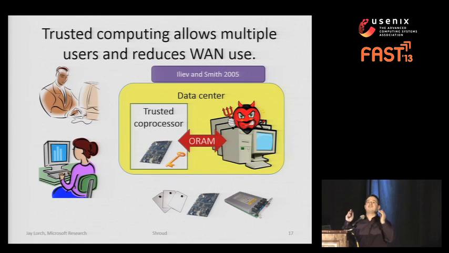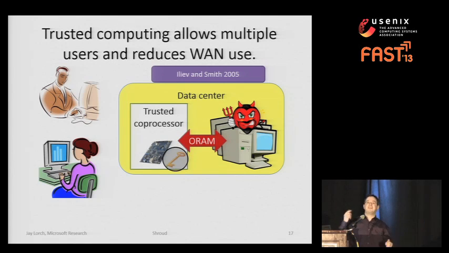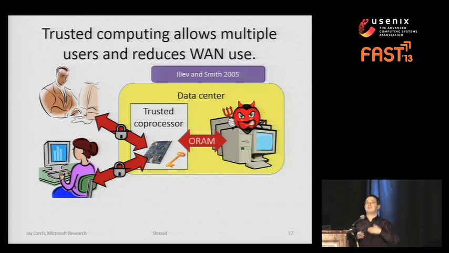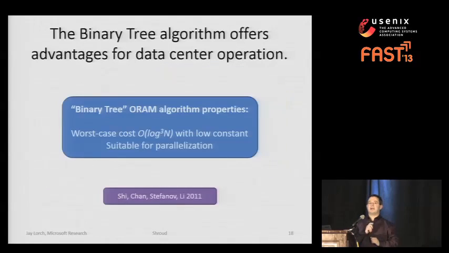In any event, it is this trusted coprocessor that is going to possess the key, keep track of the permutation, do the Oblivious RAM algorithm with the servers, but this time over the low latency, high bandwidth data center network, and all that the users are going to have to do is convey their requests over a secure channel to the trusted coprocessor. Okay, now I'm going to delve into the details of a specific ORAM algorithm, the binary tree